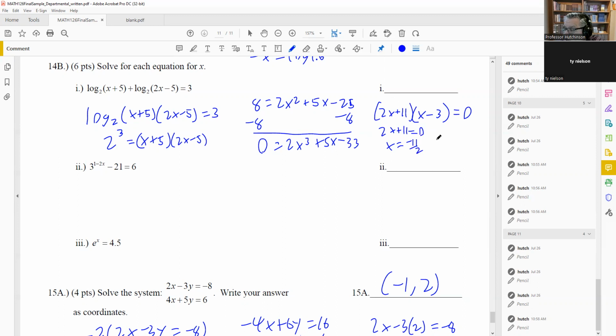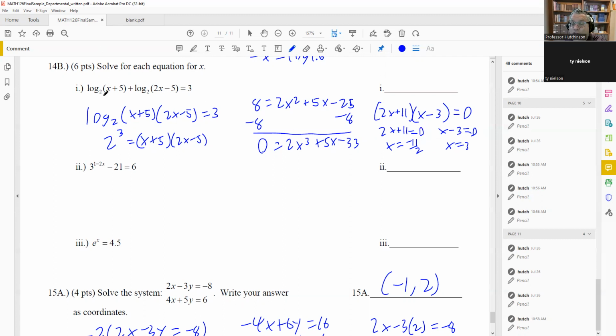And then if you take that x minus 3 equals 0, you get x is equal to 3. Now I want to test both our answers. You want to put these back into the original log, and you want to make sure that you don't get a negative number inside. Now, -11 halves is the same thing as